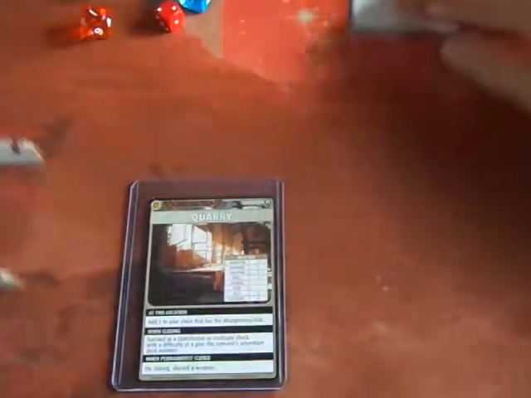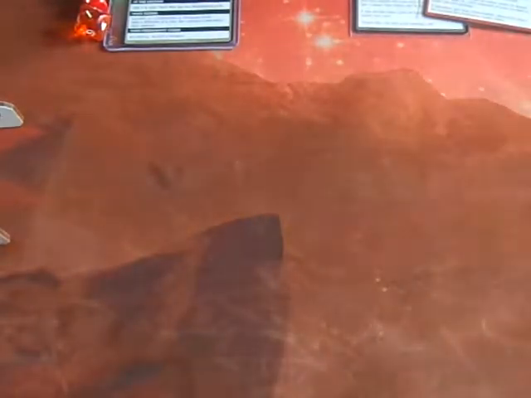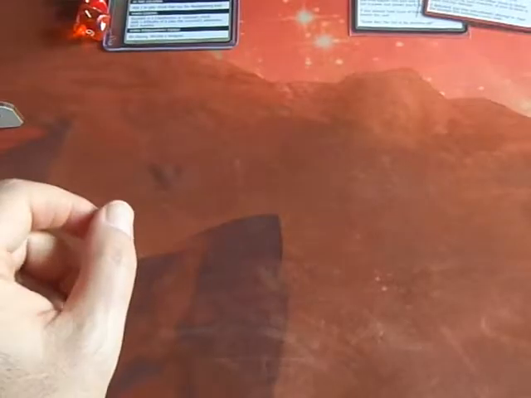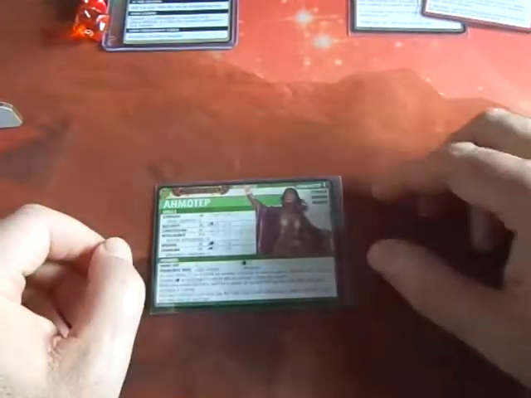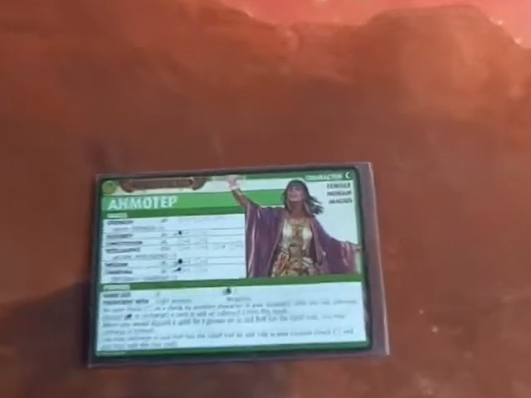Alright, so now I'm going to go ahead and dismantle Ahmotep's deck. She didn't really get any interesting loot that I'm looking at. She's probably just going to toss a bunch of stuff that she doesn't need. So the reward for this scenario was a power feat. Okay, so looking at this card here, and Ahmotep,